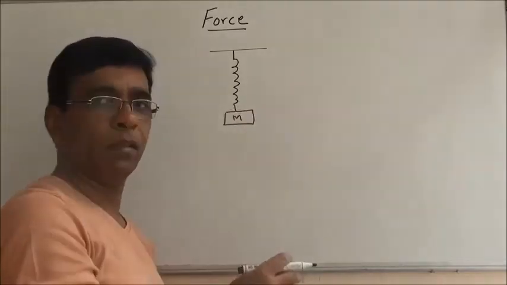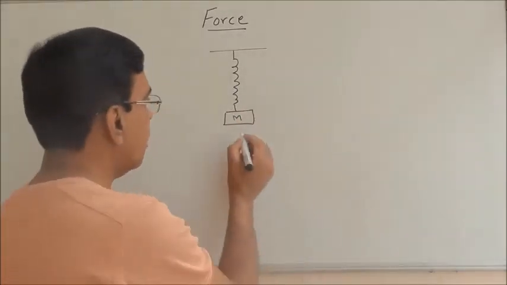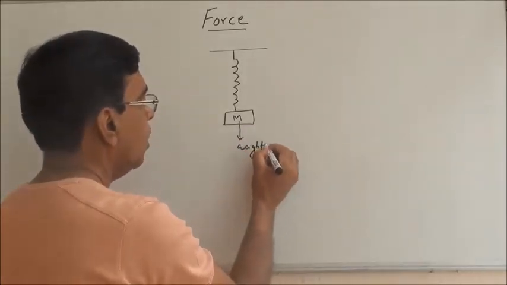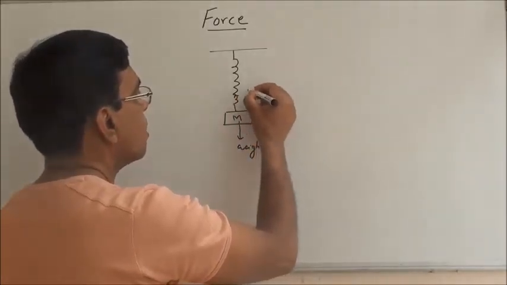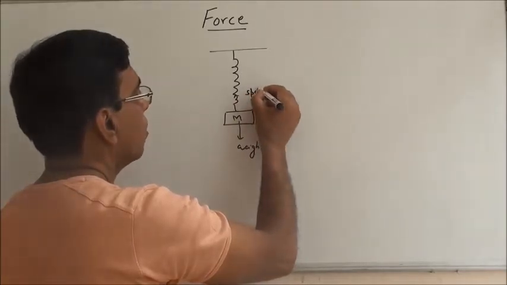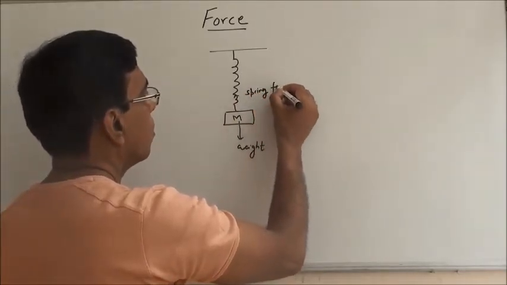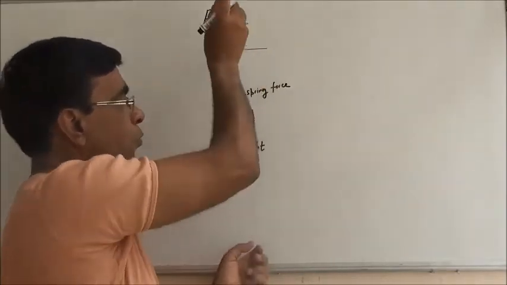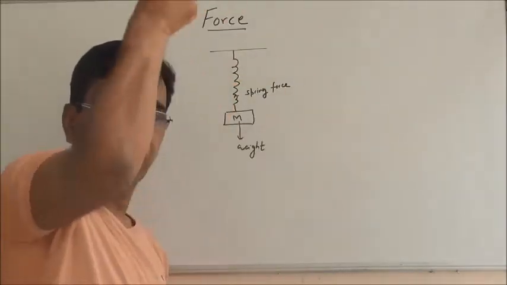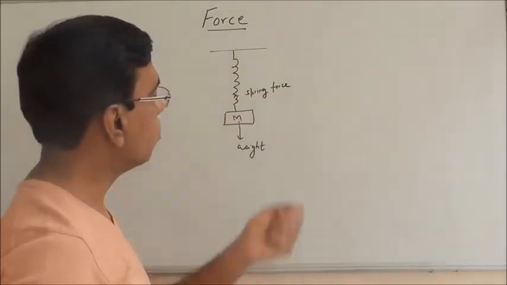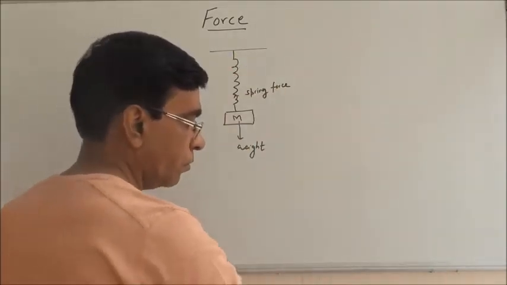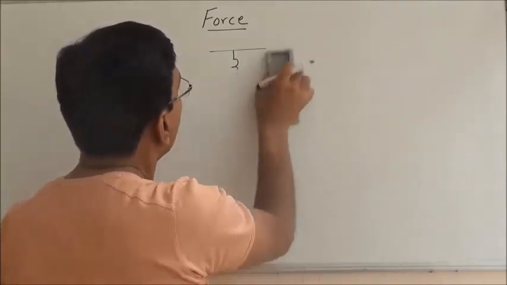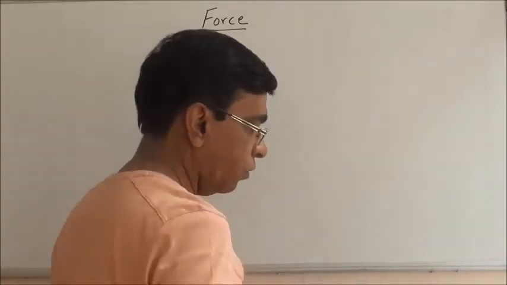This is a spring, again just like a string. Weight is downward, and this spring force will be upward. If I pull it down and leave it, it moves up because of the spring force. It starts pulling it towards itself, right? Then another very important force may be